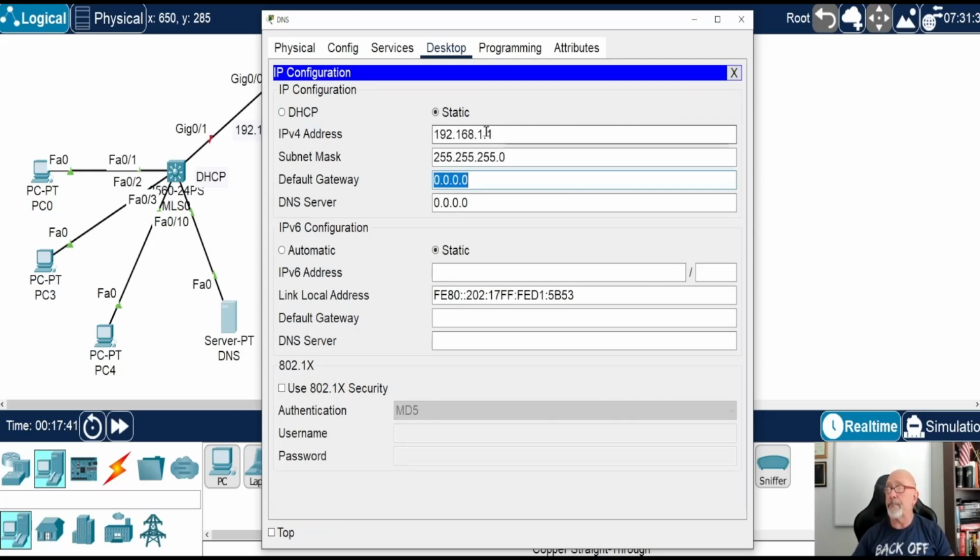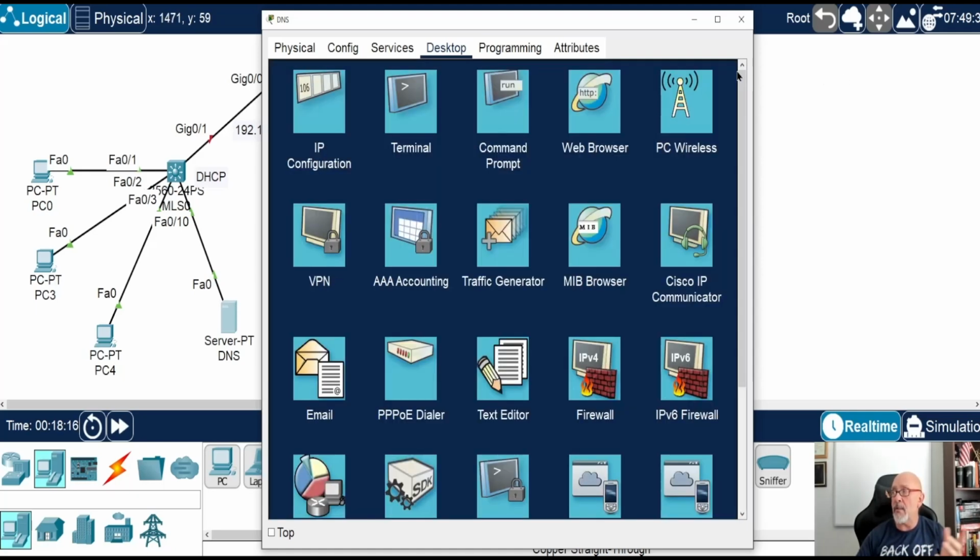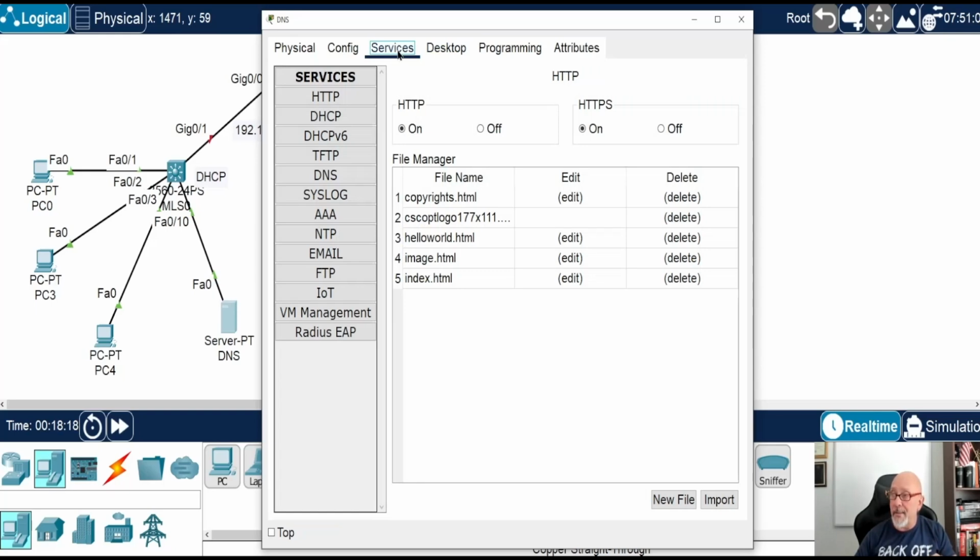Since this is going to be my server, 192.168.1.1, I want to use that. Oh, it's not 1.1. It's the 100 network. And then the gateway will be 192.168.100.254. Now, the DNS server, I am my own DNS server. 192.168.100.1. Cool. So we got that squared away. We got the IP scheme there. This is I am 100.1, and I am my own DNS server, and this is the gateway. And we're using a default Class C mask. We're not subnetting.